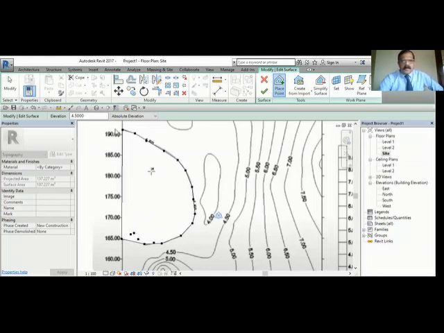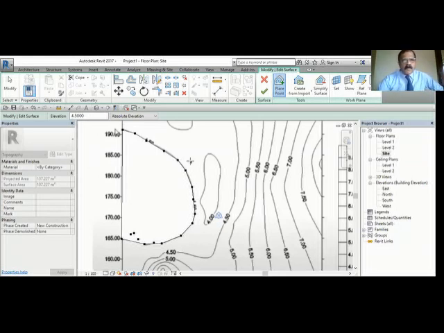There's no accuracy in placing the points. Sometimes you have to take more points nearby, nearby, and nearby. So usually this procedure is not correct because it will take a lot of time. You have to create it in AutoCAD or 3D. There, you have to create the exact contour with the exact coordinates with the height. You have to create the 3D, then import. That is the correct procedure.